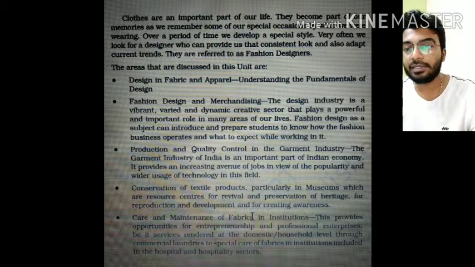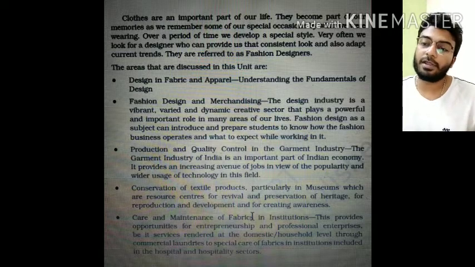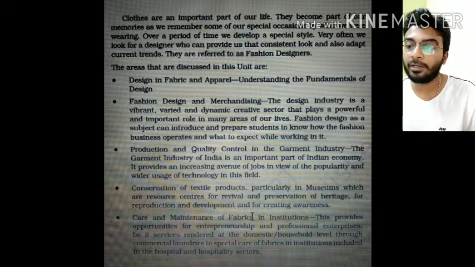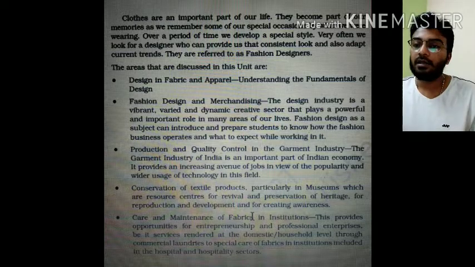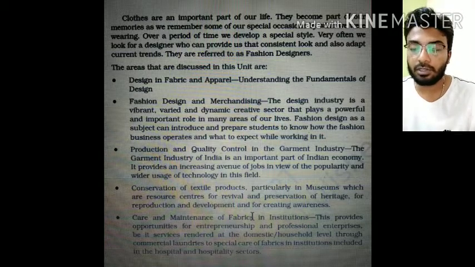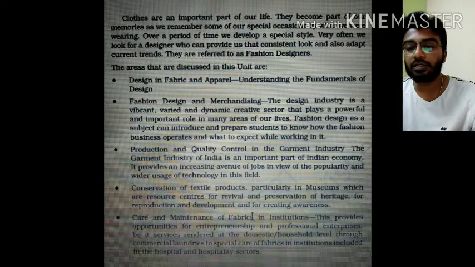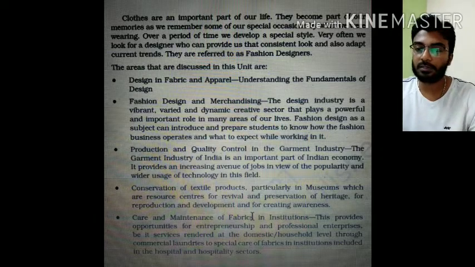So in these places, care and maintenance of fabrics are also important, and it provides opportunities for entrepreneurs and professional enterprises to render services for domestic and household purposes.